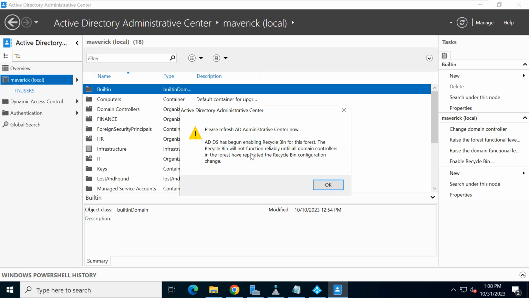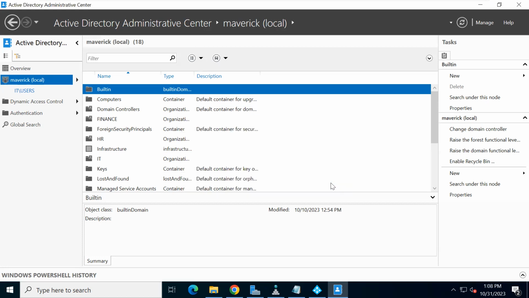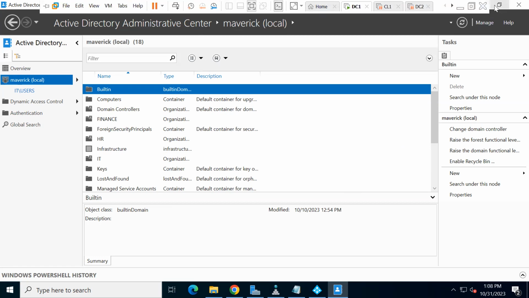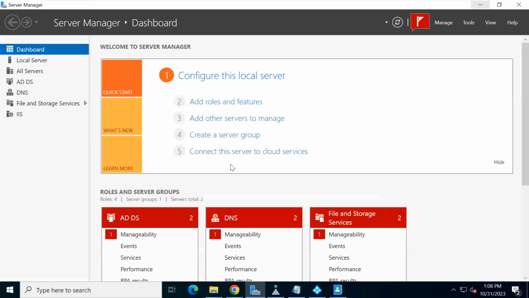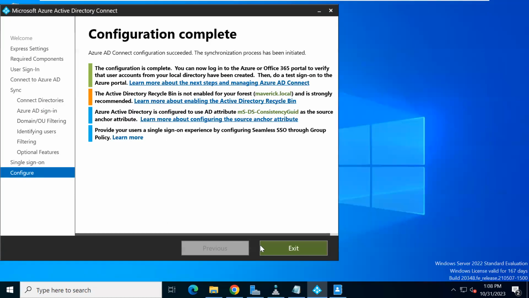The recycle bin will not function reliably until all domain controllers in the forest have replicated the recycle bin configuration. So we just say okay. We just have to give it a little time and then it will be there. But that is it. It's done and the initial configuration is also taking place. So we can just exit